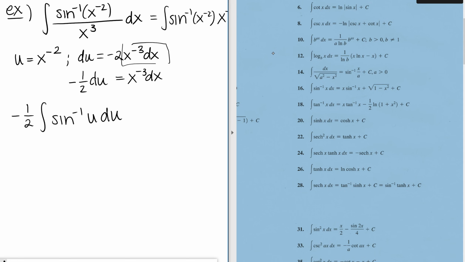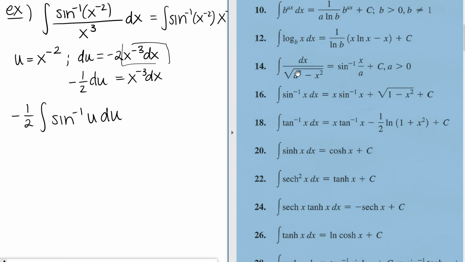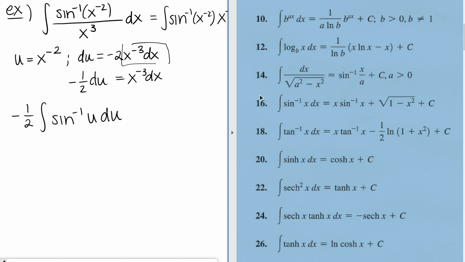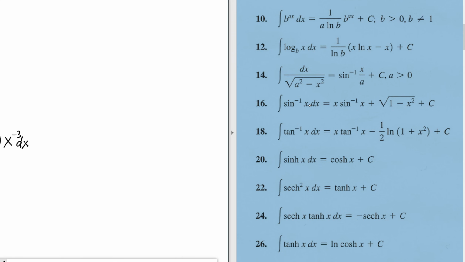This is great because now I can come over and use this number 16 right here to evaluate. Remembering though, instead of an x there, I'm going to put a u there, and then I have to bring my x back in. So I have a negative 1/2. Now notice there's more than one term, so I have to use parentheses. Instead of having x, I'm going to have u. So I'm going to have u sine inverse of u plus the square root of 1 minus u squared, all plus c. Now that 1/2 doesn't have to multiply by the c. We could just absorb that negative 1/2 with the c. And then my final answer then,